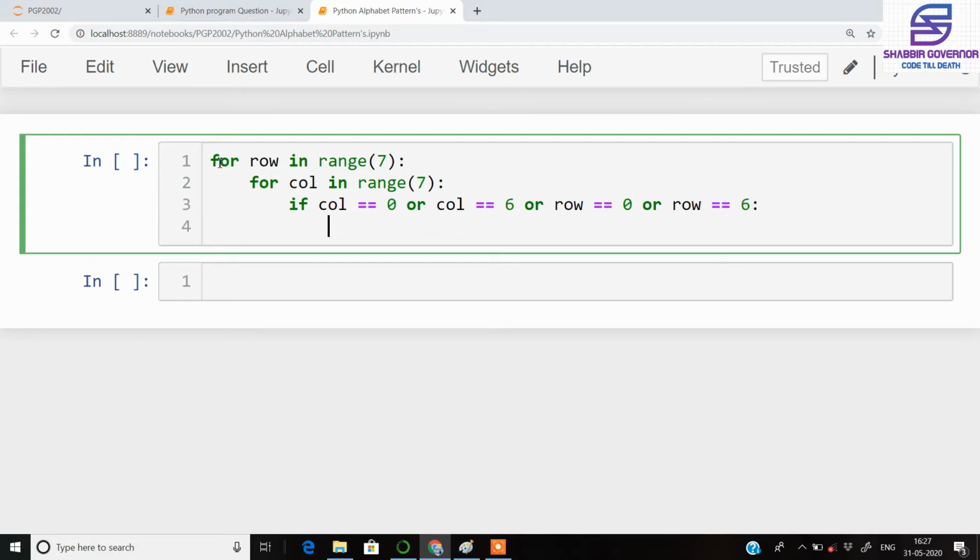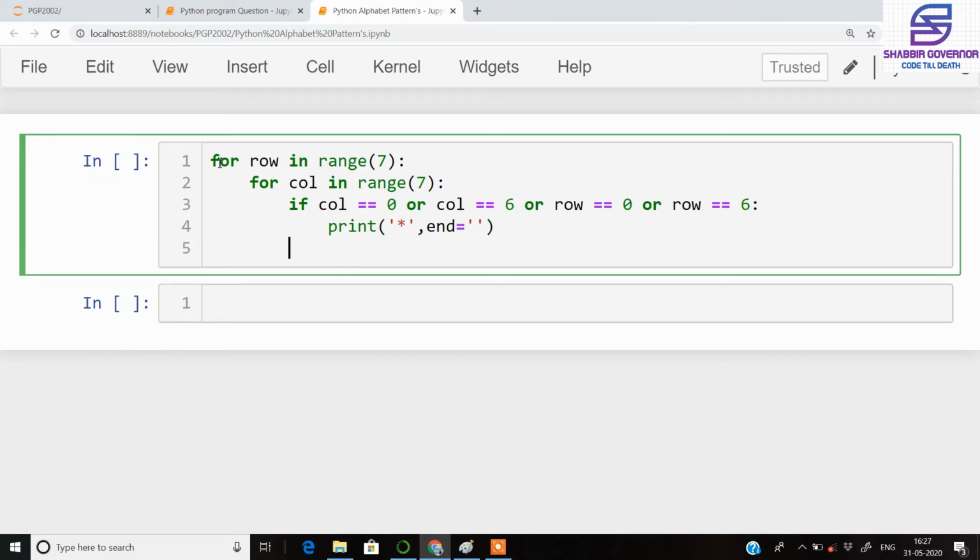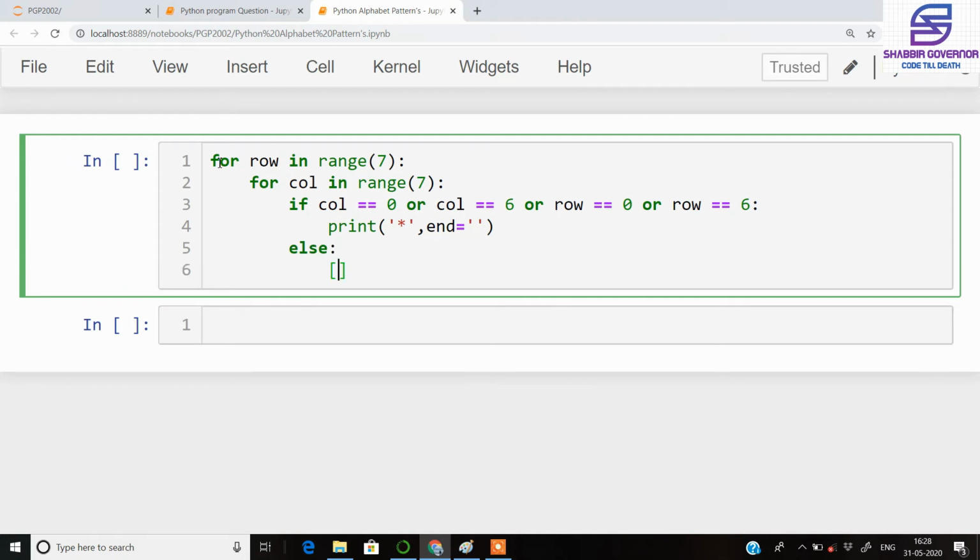So at these positions we actually need stars, and we'll put the precise condition after we get the generic picture of star. So we write like print, then for printing stars we have star, and we need stars one after the other, so we have an attribute end here. So we end it, and in the else condition we print that if the star is not printed, we will go for printing the space. So we write end